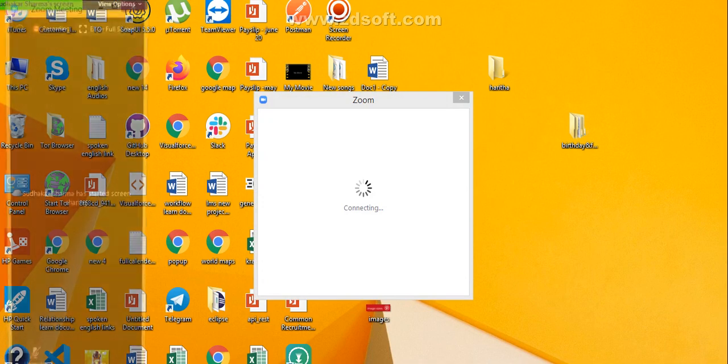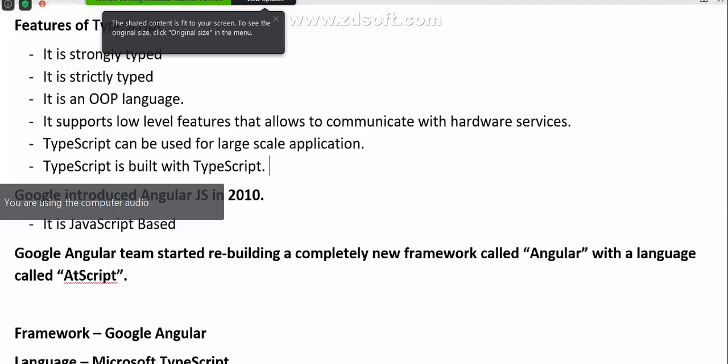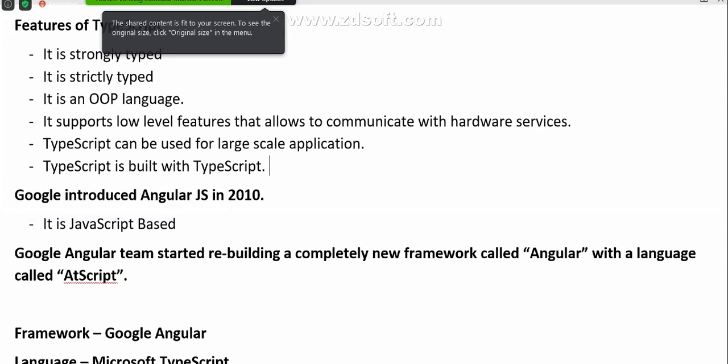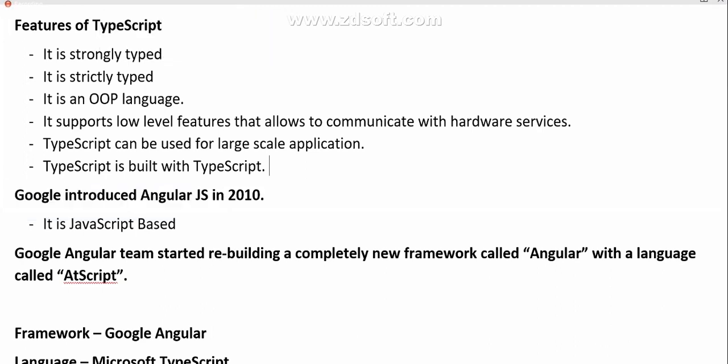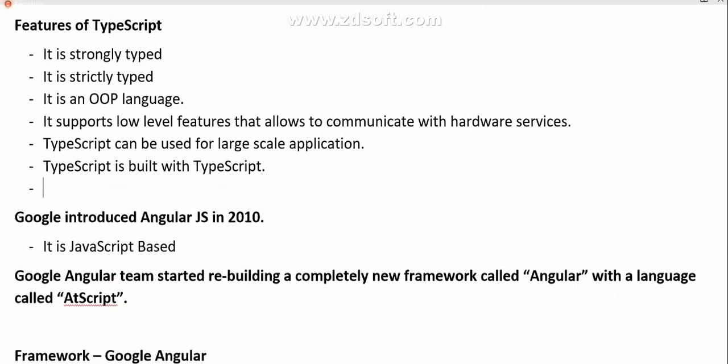TypeScript is one large scale language. Entire TypeScript is built with TypeScript only. That means TypeScript is directly understandable to hardware. TypeScript directly interacts with hardware. That is one of the great features of this language: it is a large scale language which is built with itself, TypeScript itself. But the problem is when we are using TypeScript on web,